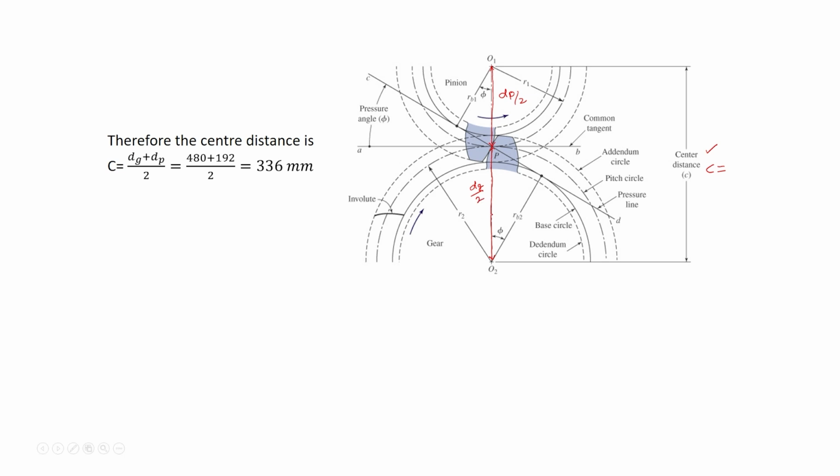So, dg divided by 2 plus dp divided by 2 is the center distance, and we obtained it as 336